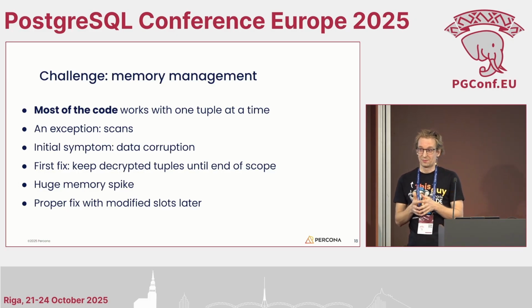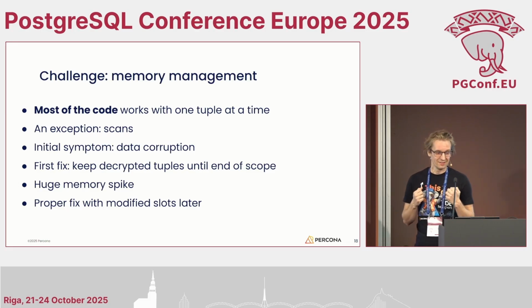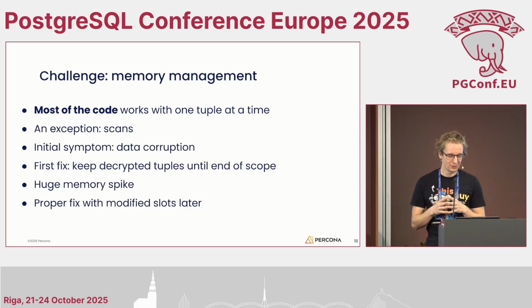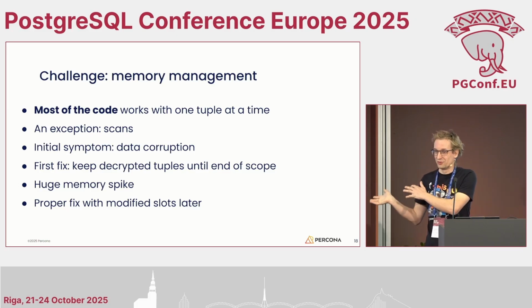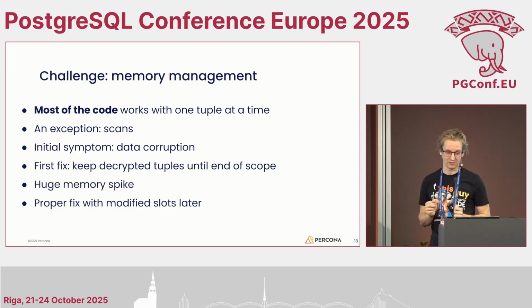And in this case, it's possible that Postgres has to work with multiple database rows at a time. And this is when we discovered that in some cases we have data corruption. We had no issues with selects and read-only queries. The problem was when we started to modify database rows. Our approach didn't work correctly.